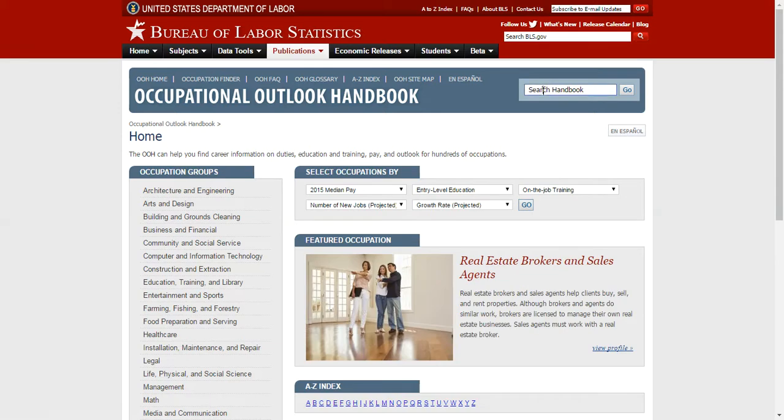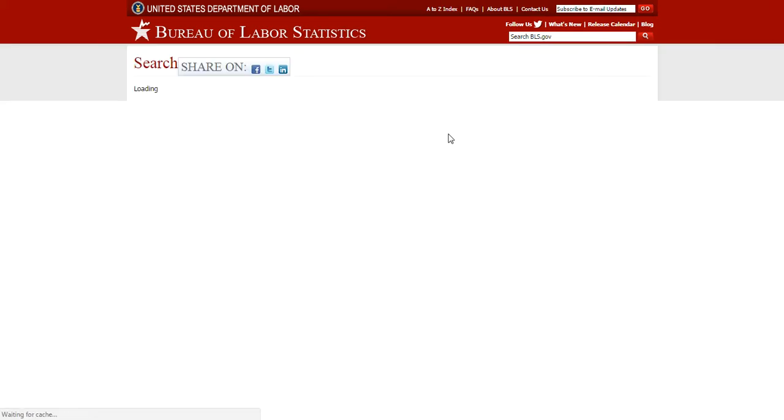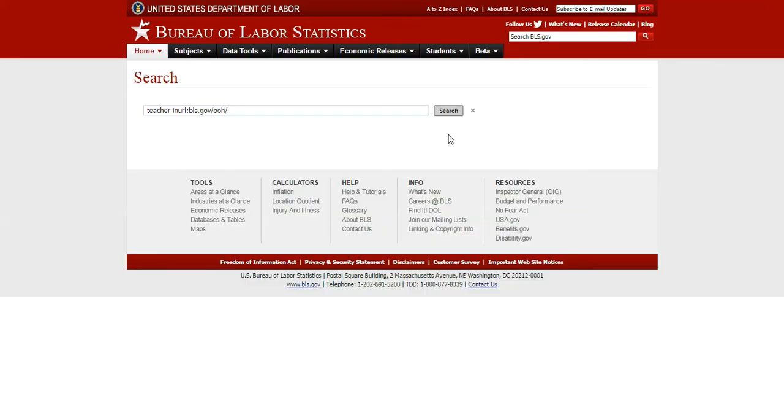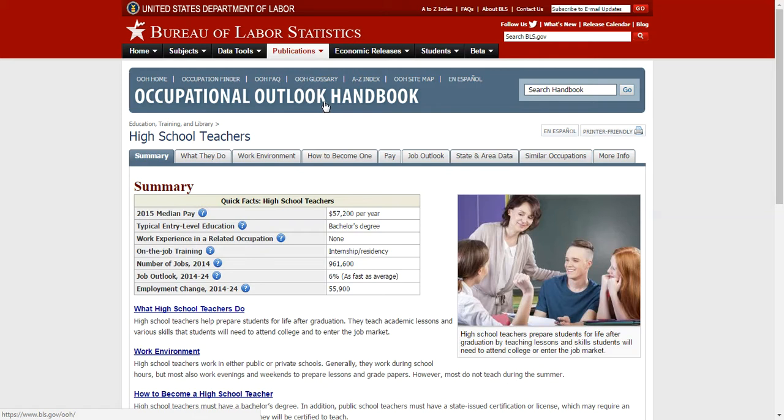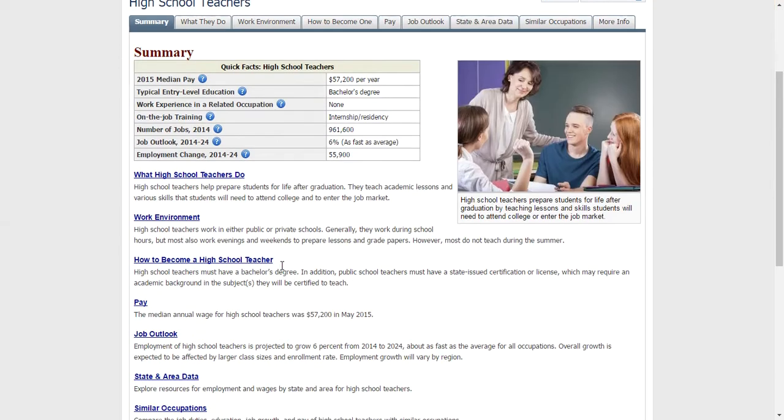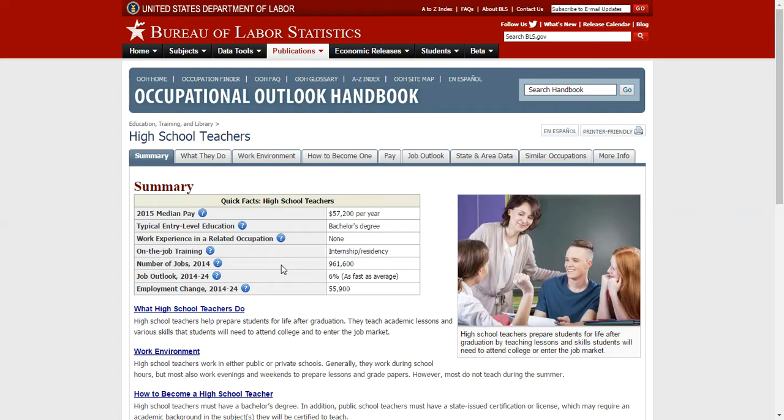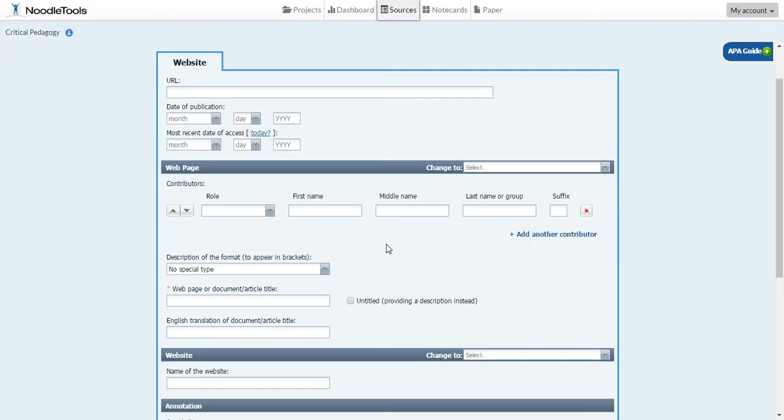Once you're in the Occupational Handbook, you'll need to search your career. So you'll put your career in that bar that said Search Handbook, and then you'll need to click on your career. Now, once it shows you your career, you have all the information here you need. So you'll go back to citing, and you'll be able to cite correctly because the handout tells you how to cite everything,